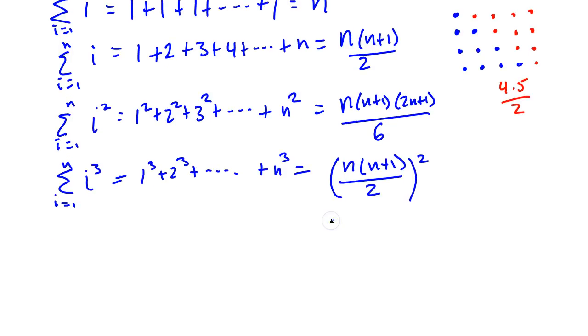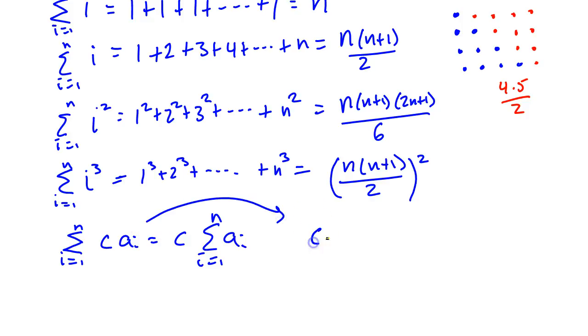Next, I need to be able to use the fact that the sum i equals 1 to n of c times a_i equals c times the sum i equals 1 to n of a_i. That is, if I'm just multiplying everything by a constant, I can factor it out. This is normally what we would call the distributive property, because literally the left-hand side means